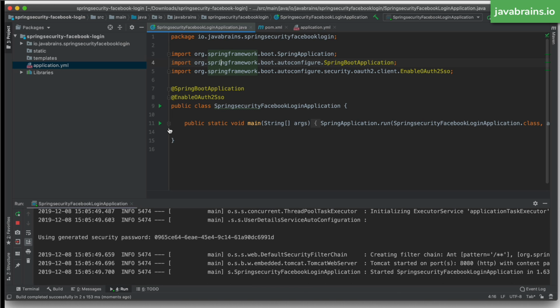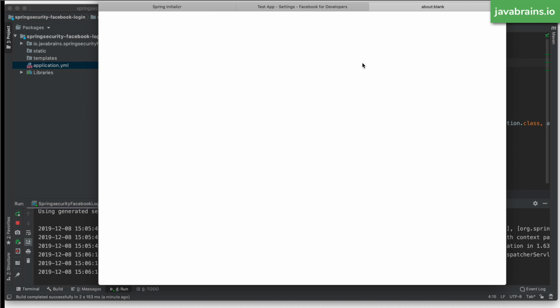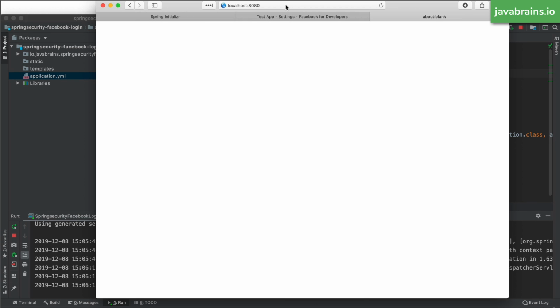And then I can access localhost 8080. And guess what happens? When I access localhost 8080, Spring Security is not going to show its login form anymore, the default login form that comes with an out-of-the-box Spring Security application. It is going to directly redirect to Facebook, and it's going to automatically assume that you want Facebook authentication. So if you access localhost 8080,